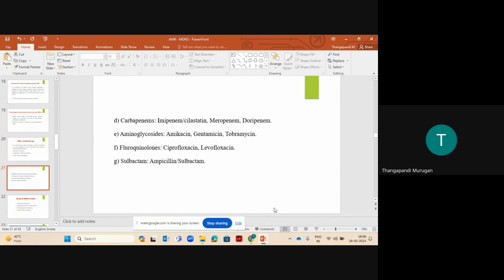But if you want to mention the class, if they have tested all 4 antibiotics, all 4 need to be resistant. If any one is intermediate, you can take it as resistant, a complete class resistant as well. Aminoglycosides are also resistant, and fluoroquinolones also. Out of these 6 classes that I have mentioned, any 3 need to be resistant. Okay, hope you can see the slide.